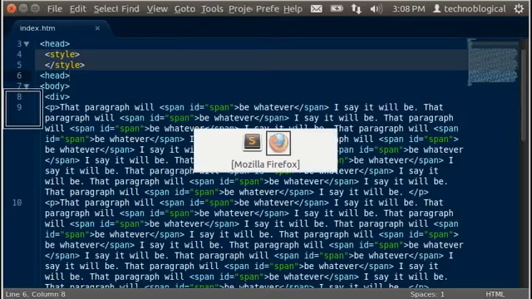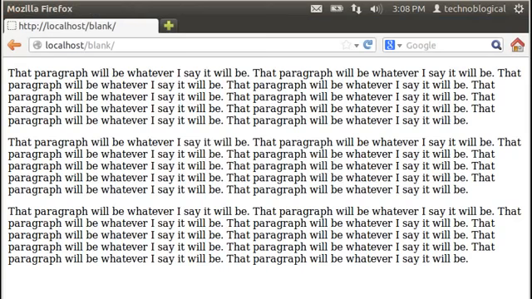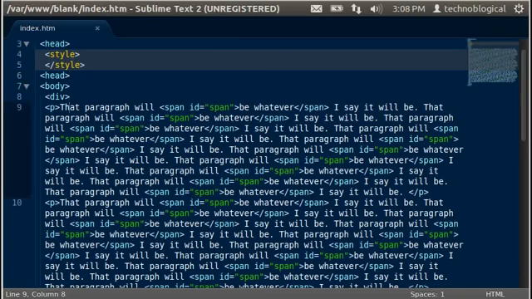So I've got a page already built. There it is right there. It's got several paragraphs in it. And I want you to notice the several paragraphs that I have in here